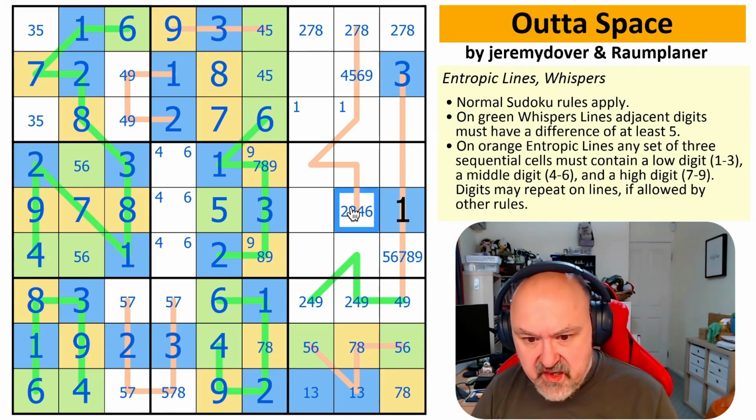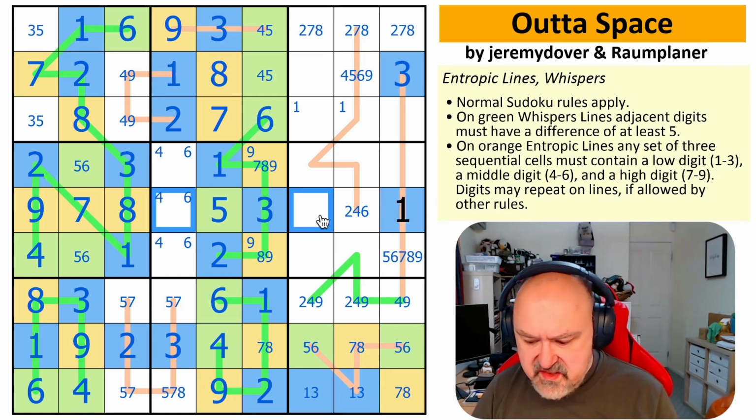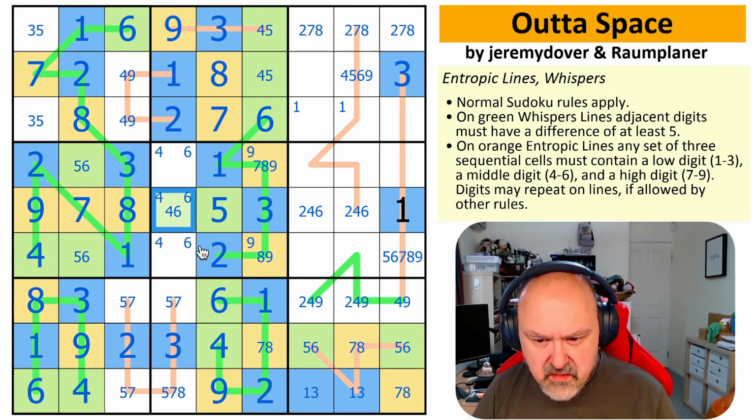This is not 3 anymore. These are 2, 4, and 6. That's not 2. So that is actually mid. So I have a low in there. But